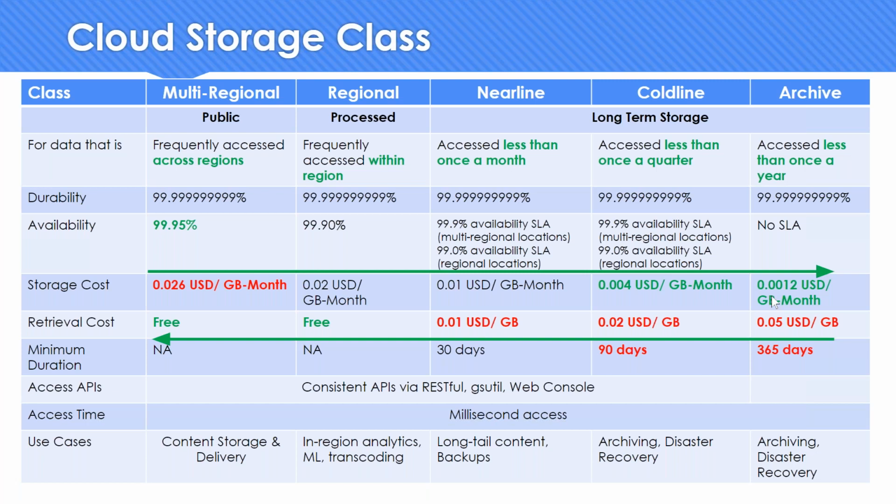Now if I just deleted the object, I'm going to incur a penalty. I'm going to see a penalty in my invoice saying that you deleted an object which was archive, which was coldline. But the cost is going to be very, very small because my object size itself was very small. But I have to pay a penalty there